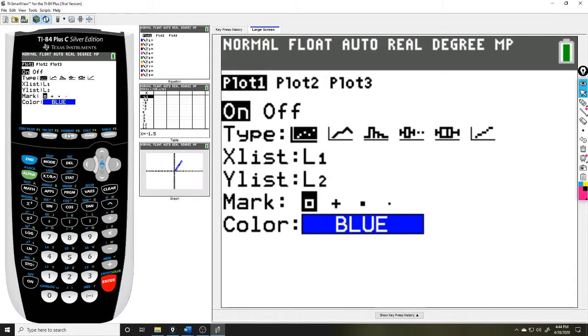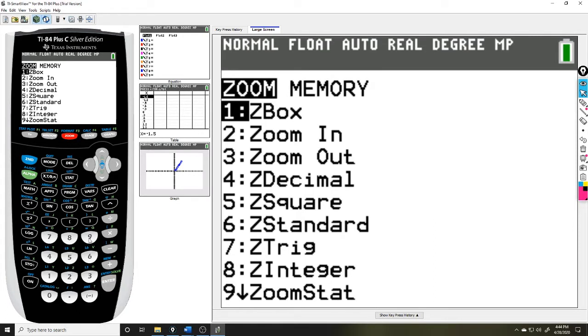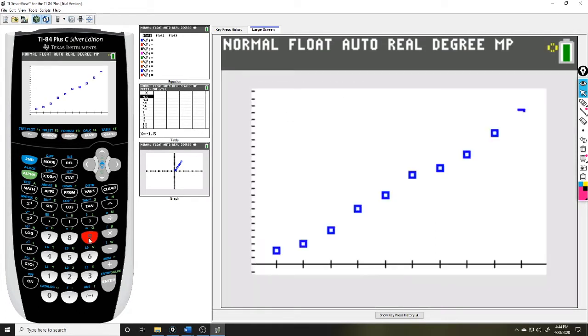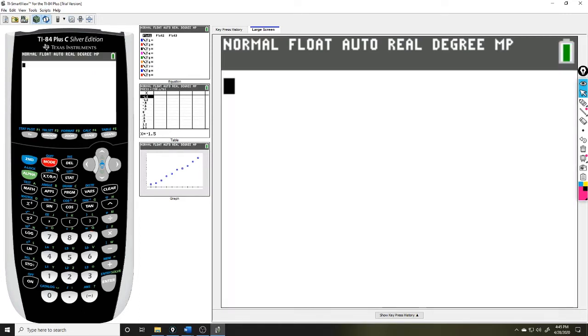Make sure your stat plot is on so that it shows up. Zoom 9 is the zoom you want to use for zoom stat. Okay, so I have this scatter plot and I want to make a regression equation. So I'm going to exit out of there. What I'm going to do is go stat